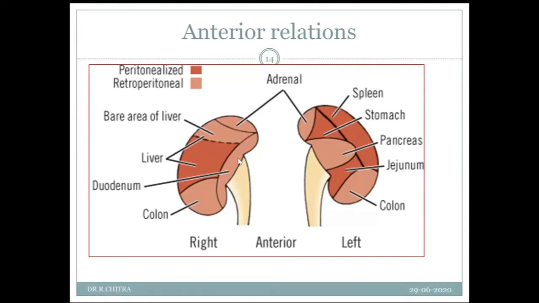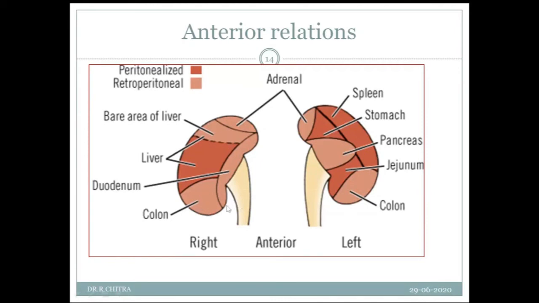Then the hepatic area is main at the right side, where it is related to the liver. Which lobe? Inferior surface of the right lobe of the liver. So you have to think, here is the liver. The inferior surface of the right lobe is related to this, but separated between these two we have the hepatorenal pouch or Morrison's pouch, which we learned in the peritoneum section.